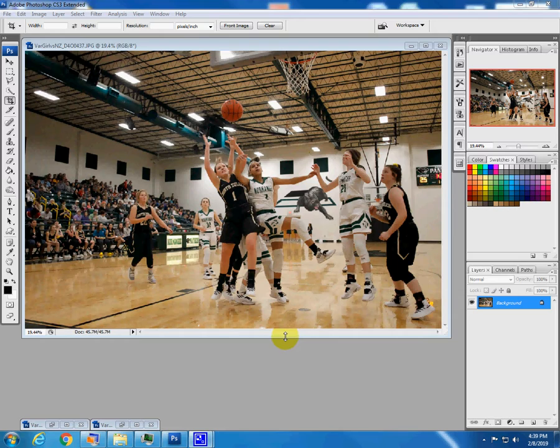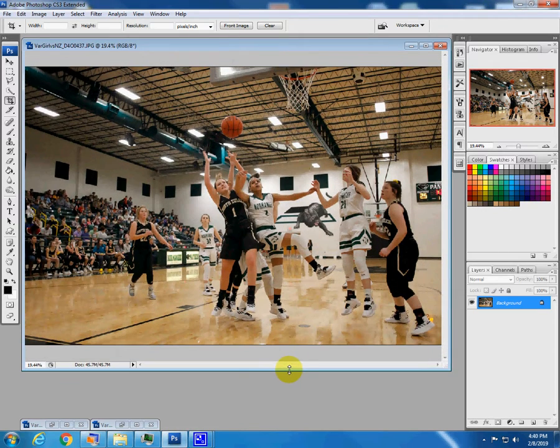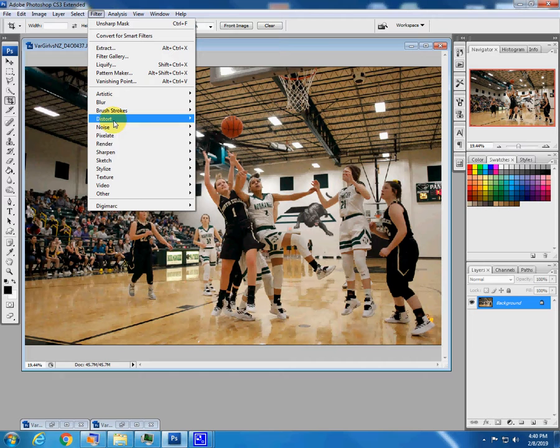And what I'm talking about processing is how I would process if I was going to put it on the web. For the newspaper, I would use a different process, but anyway, this is what I would do. The way it is now, it looks a little dull to me. The first thing I would do is sharpen it, and I just go to Filter, Sharpen,